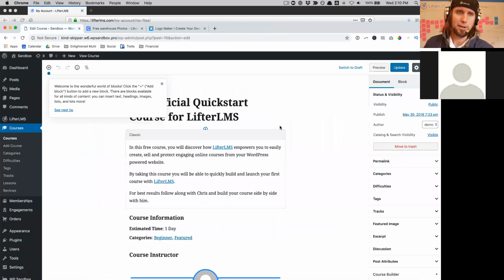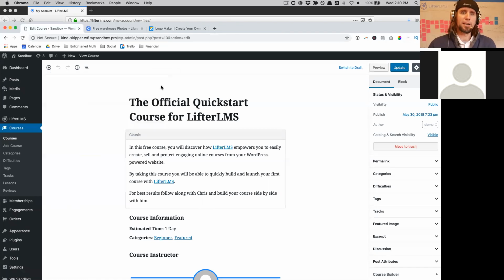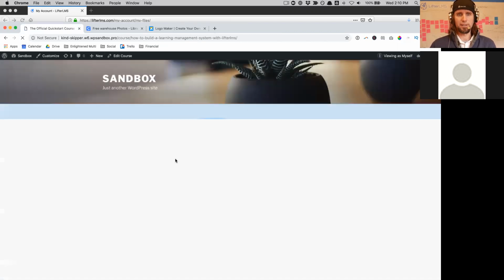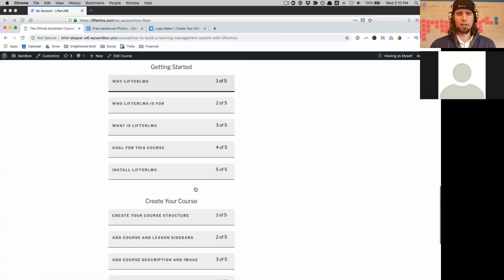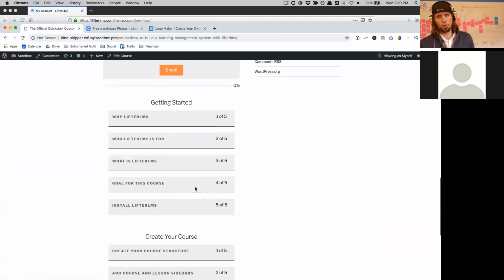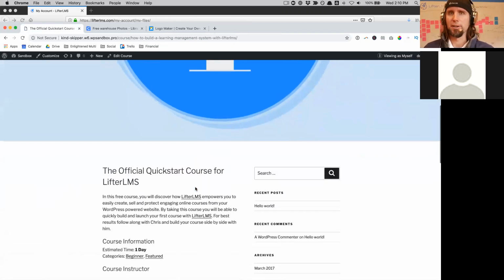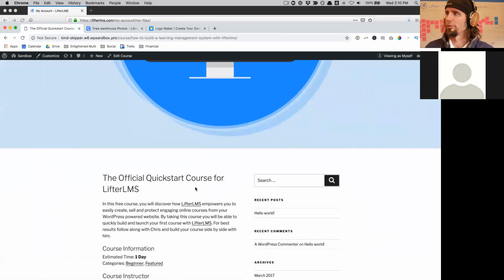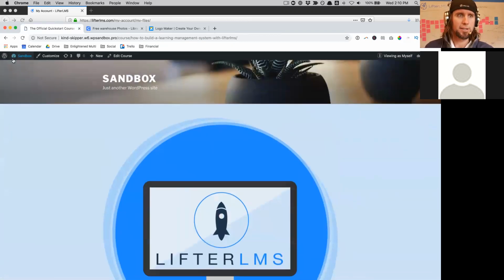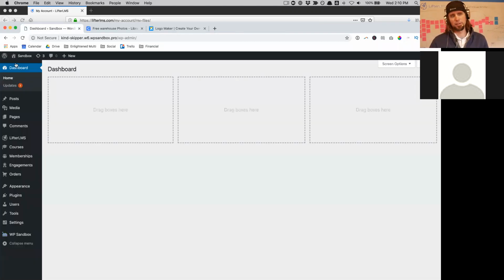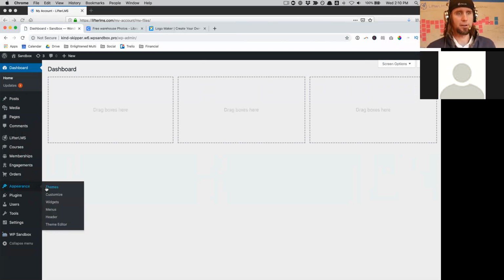But I'm going to go back to where I was. Right here, this is a sample course installed. Let's see what that looks like. And this is with the default theme that comes with WordPress. I'm actually going to take a moment and install one of the most popular free themes for LifterLMS called Astra, so that this will look a lot better, and Astra has a lot of cool features for LifterLMS. So I'm going to go to Appearance, Themes,